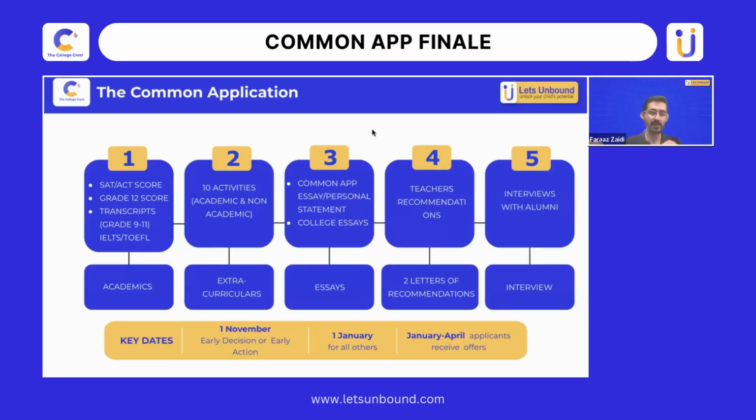But what is the personal statement? As I said, your 10 activities or the 20 activities is the trailer to your application. This personal statement section is the heart of your application, where you're taking the personality that you are trying to depict by stating 10 or 20 different activities. You're trying to give it a soul by explaining how that activity really translates and makes the person that you are today. When you talk about football in the 10 activities, you are not just talking about when you won, but you really want to be talking about how football shaped you as a person,